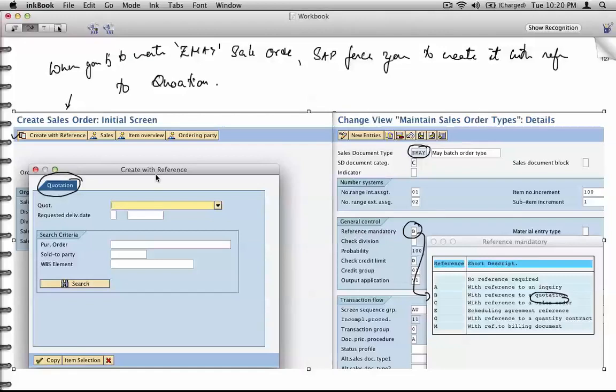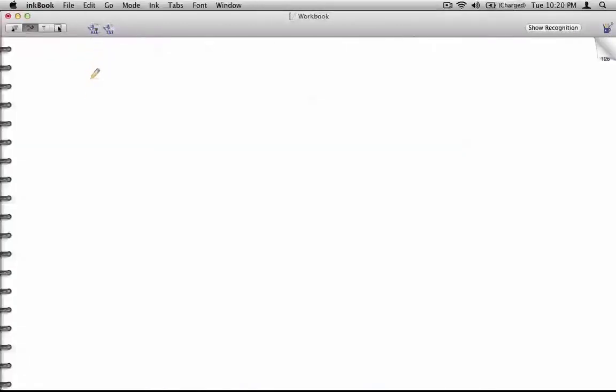Now, what is the business scenario that this field should be used under? Let's say, for example, let me go to the next page. Let's say, for example, your company sells some servers, right? HP sells servers, right? Big ones. It's like 100,000, 200,000. And when we are creating an order for a server,